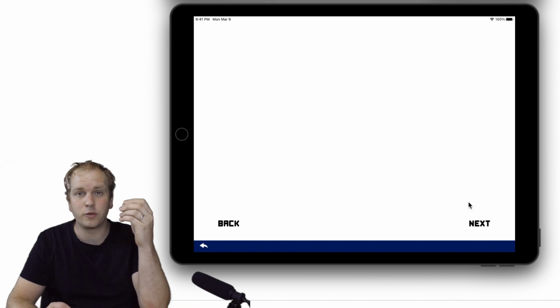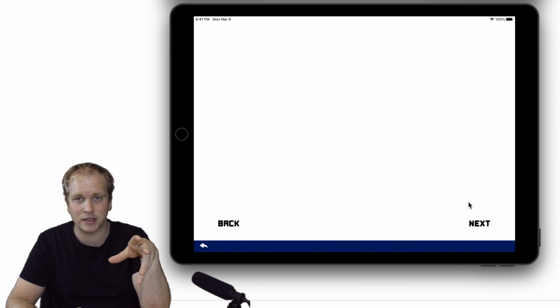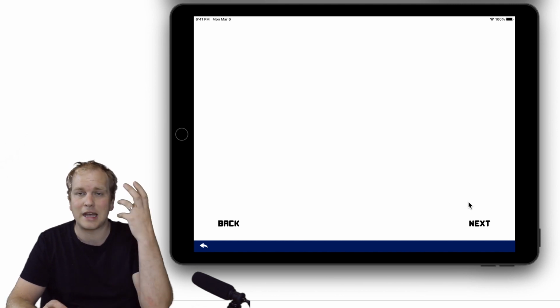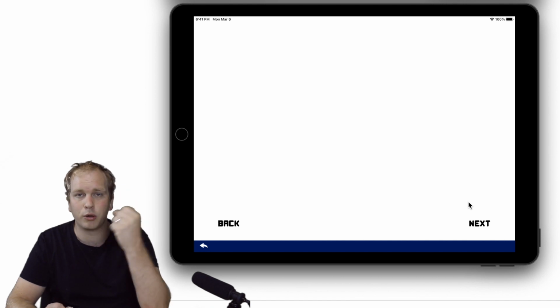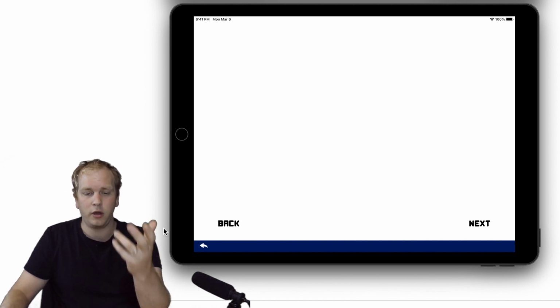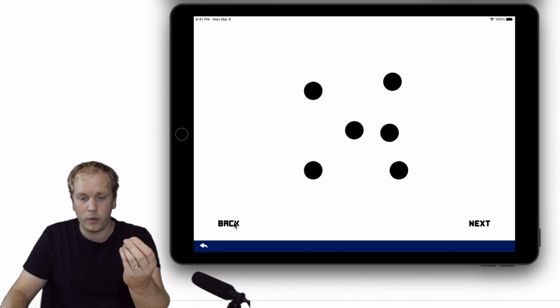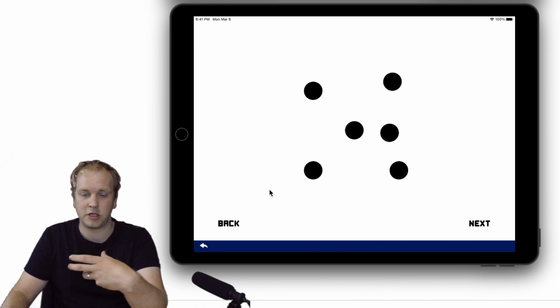And I thought this was a really important part of the design, because we want our students to be able to see a collection just like the one that came on there, but then we want them to have time to actually think about it and pull it all together. And then the beauty of it is, if we're not sure or we have a prediction about how many there were, we can click the back button to bring that image back up.